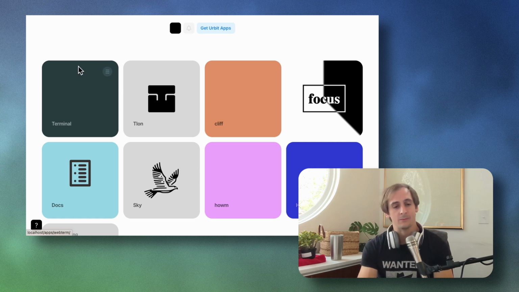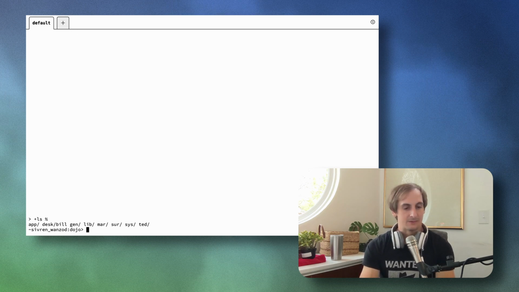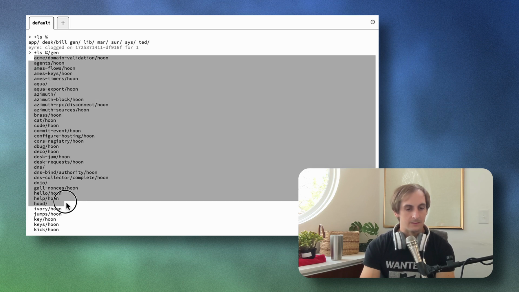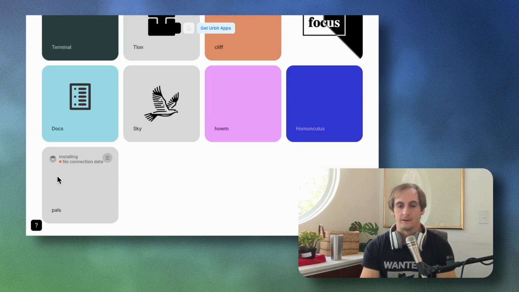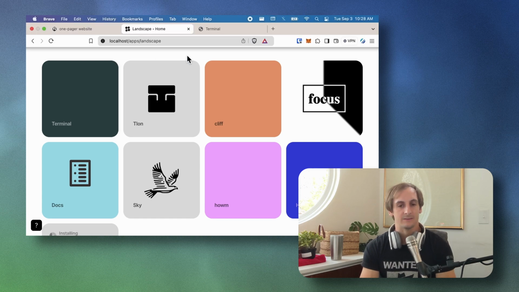While you're waiting for it to happen, we can open up the terminal app here. That'll open up a new window. You'll be able to do things in here. Add 2 + 2, 4. How great. I can list stuff that's happening right here. I could even list everything under Gen. There we go. We got a Gen file here. This is everything underneath the Gen file. Pals is installing. Might have to wait a little bit. When Cliff is ready, we'll just wait on Cliff for a second.